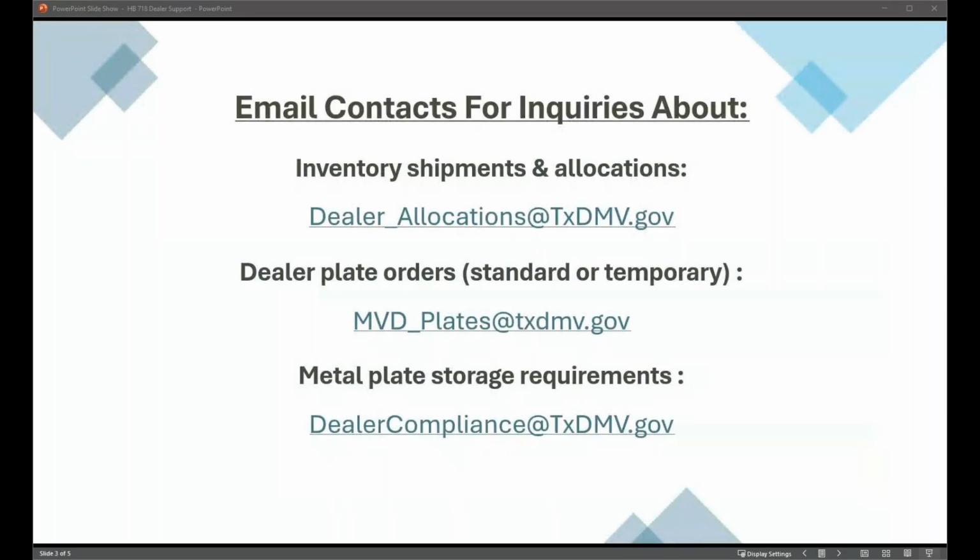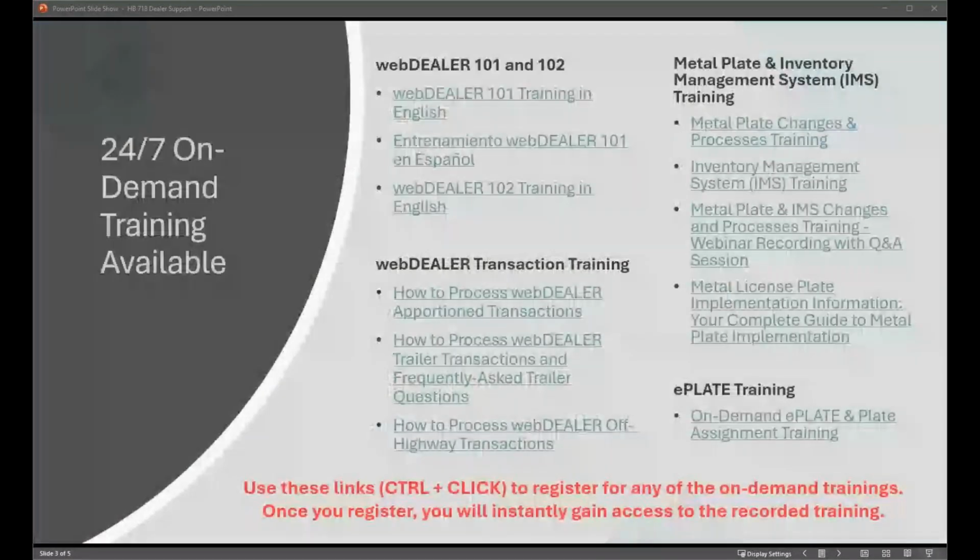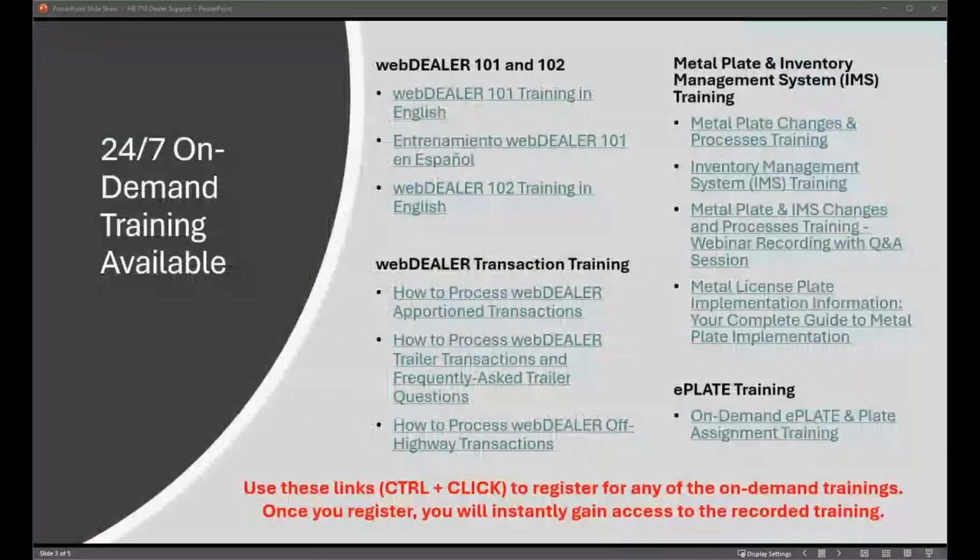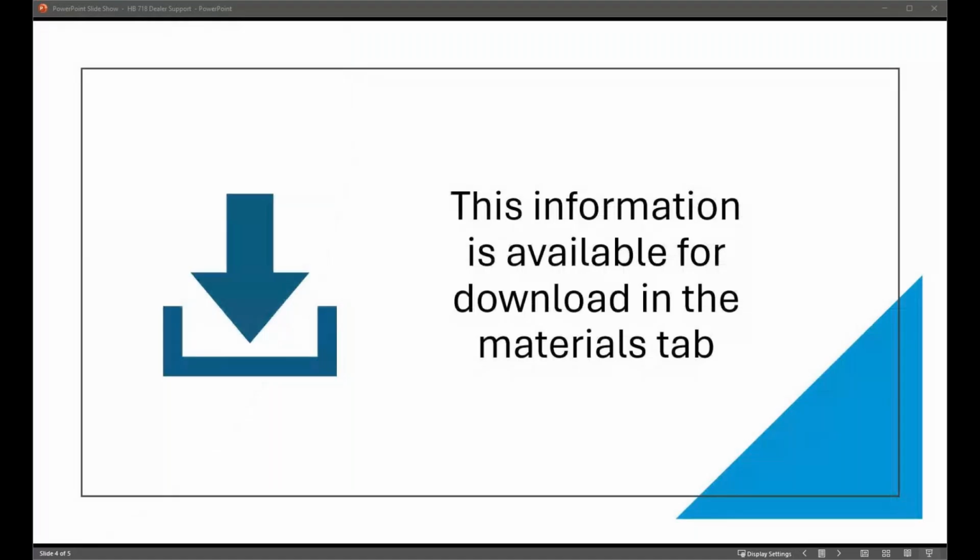Okay, so a general overview of each step the vehicle must go through from the time of purchase so the customer can drive off. Once you have sold that vehicle, in order for that customer to be able to leave your lot and drive that vehicle, in ePlate you are going to assign a plate, being the general issue plates or whichever plates pertain to that transaction. Maybe it's a trailer, but you're going to assign that metal plate according to that vehicle, so that they can leave your lot.